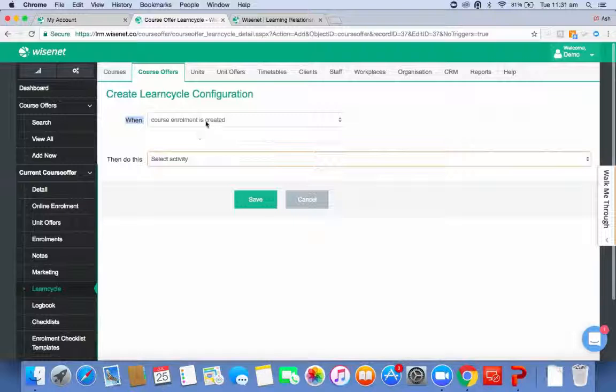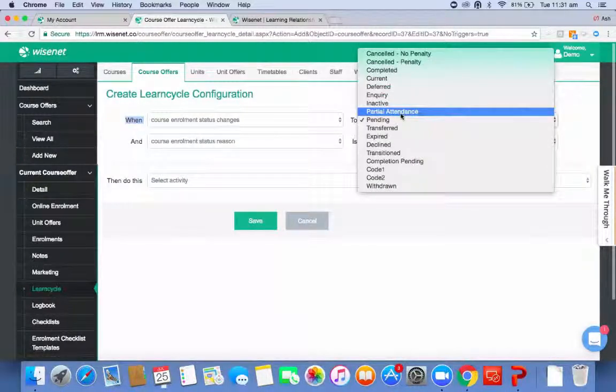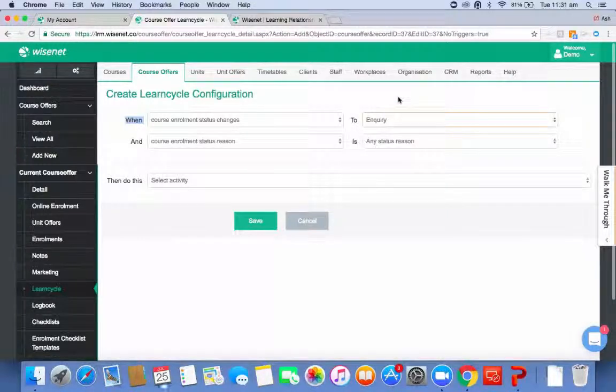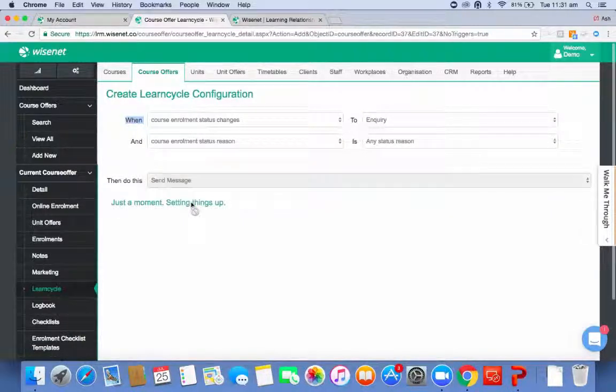All right, so I'm going to tell the system when the enrollment status changes, it works the same way, equal to inquiry. Doesn't matter the status reason. I'm going to tell the system to send a message,